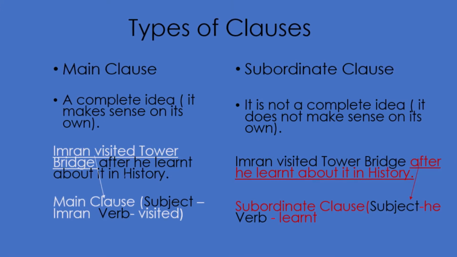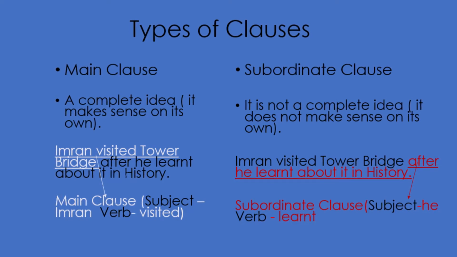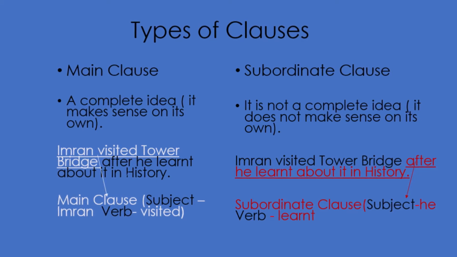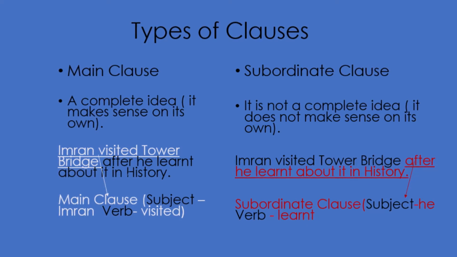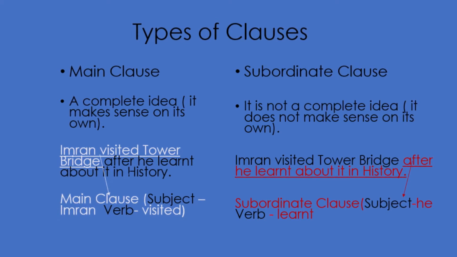Types of clauses. We have a main clause and a subordinate clause. A main clause is a complete idea. It makes sense on its own. For example, Imran visited Tower Bridge after he learned about it in history. The main clause there is Imran visited Tower Bridge. As you can see, that clause makes sense on its own. It's a complete idea. Because it's a clause, it has a subject, which is Imran, and a verb, which is